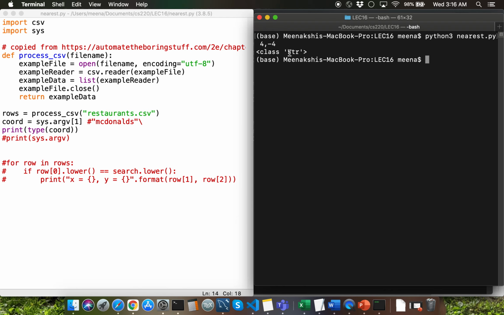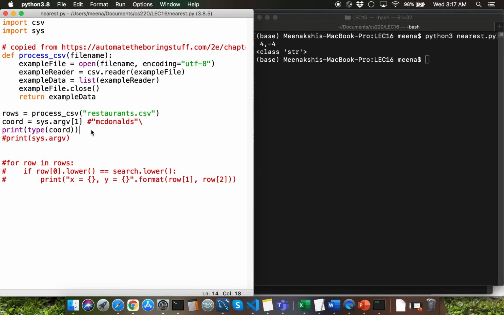Are you able to think of a specific string method which will enable us to extract the x and the y values here? Please pause the lecture video here and write a comment in the comment section stating which particular string method will be helpful for the command line processing here. We'll have to use the split method.